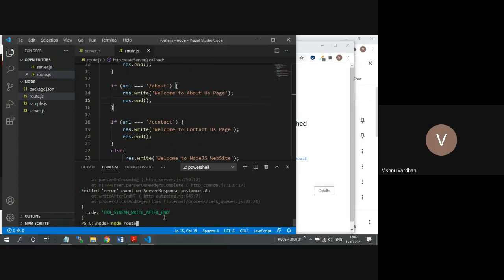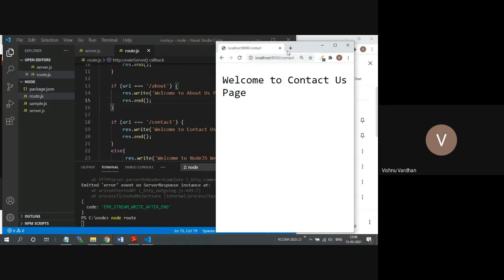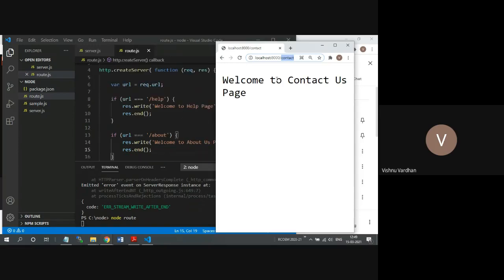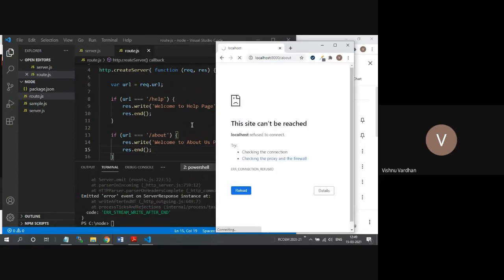Again, we will start actually to understand in a better way. Contacts, yes, this is showing the contact information, but as soon as I am giving any other, this is also working. Then about, okay.